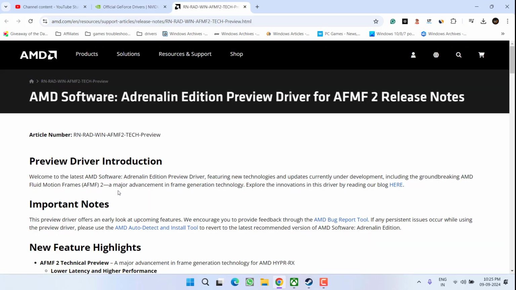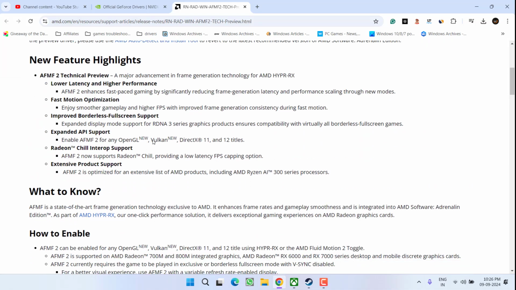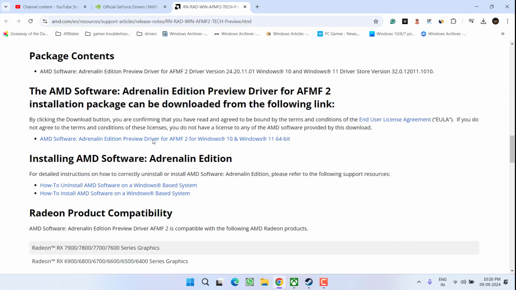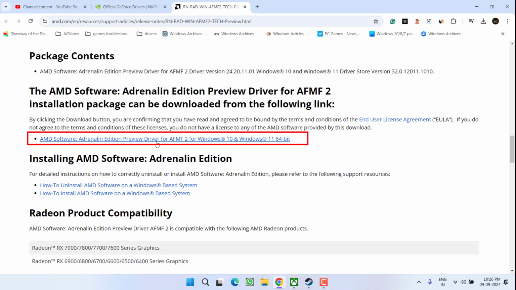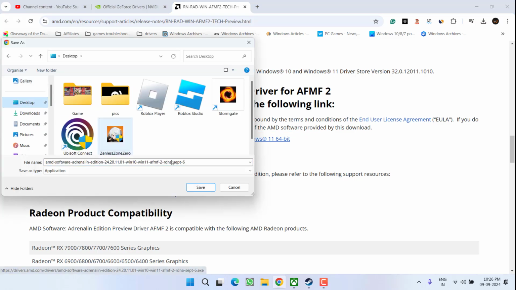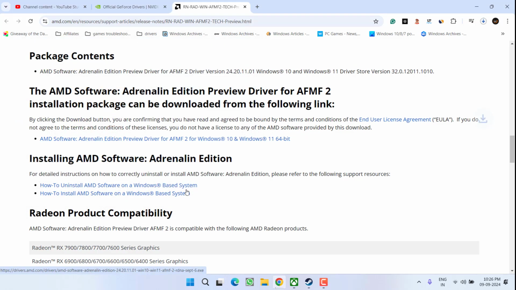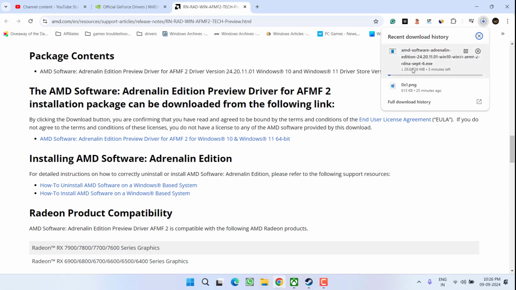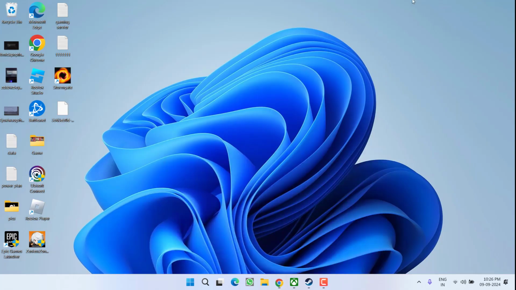In case of AMD, you need to download the AFM2 preview drivers. For that, here is the direct link. Simply scroll down and under the package content, click on this particular link to download the latest drivers. Save it into your system or wherever you want, and once these drivers are downloaded, go ahead, install these drivers and then relaunch the game to fix the issue of Black Ops 6 crashing while clicking on the option